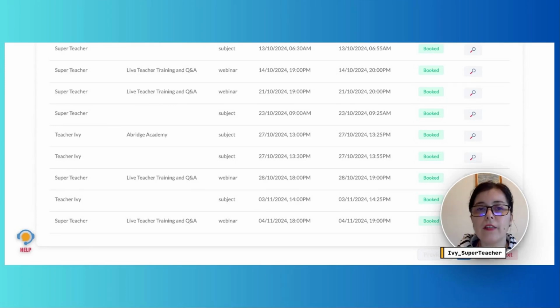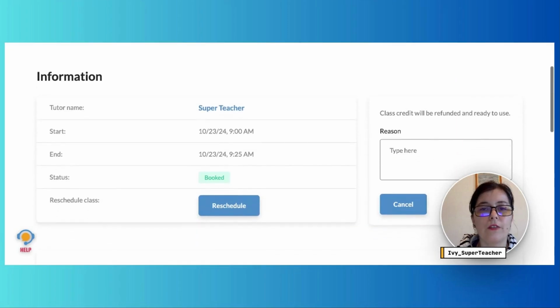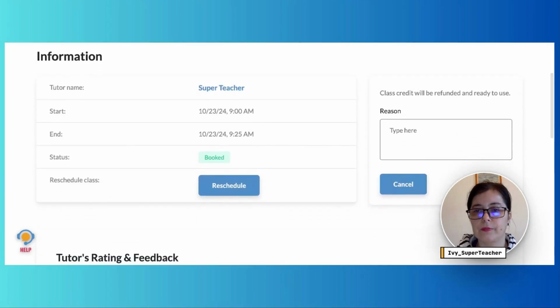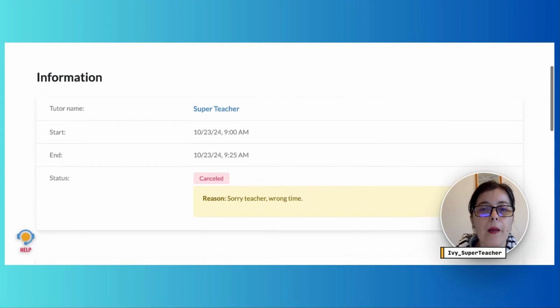To cancel class, they need to find the class they want to cancel, click the little magnifier button and add a message to you explaining why they need to cancel class. Let's say, sorry teacher, wrong time, or I have an emergency. Upon cancellation, that class credit gets refunded automatically back to their package